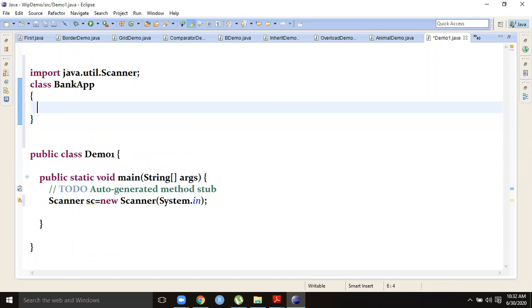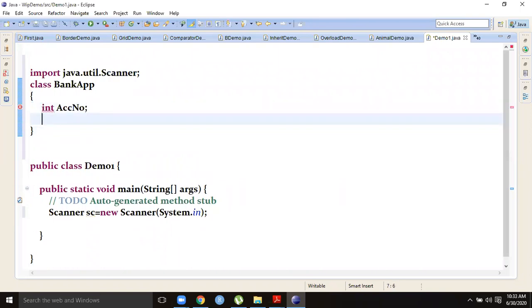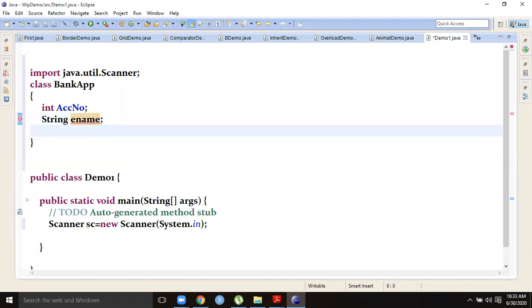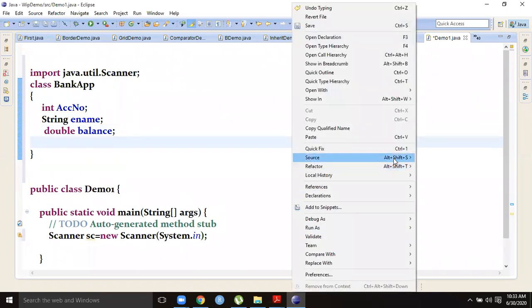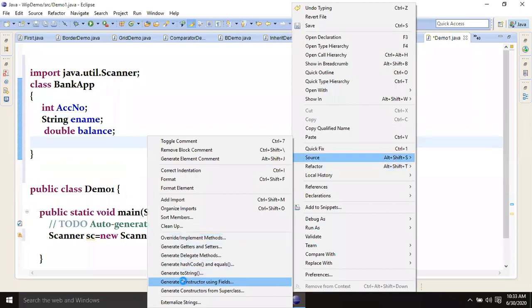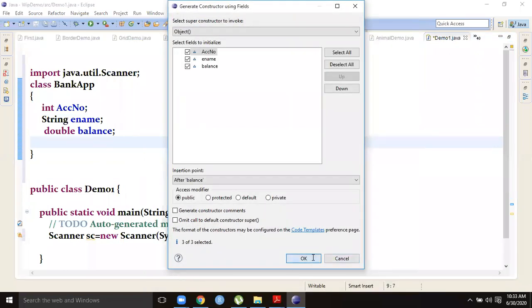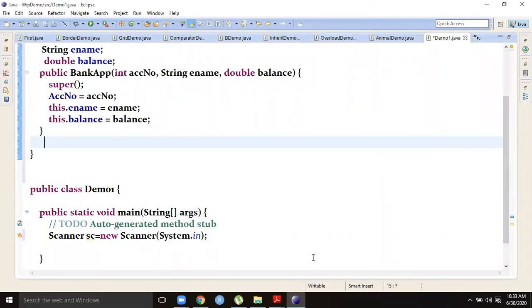This class contains int account number, string employee name, double balance, for example. So how many fields are there? Three fields. If a constructor is required, you create a constructor with all the fields selected, and the constructor is created.